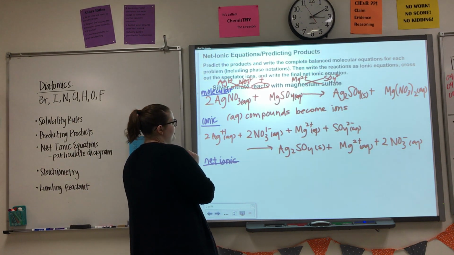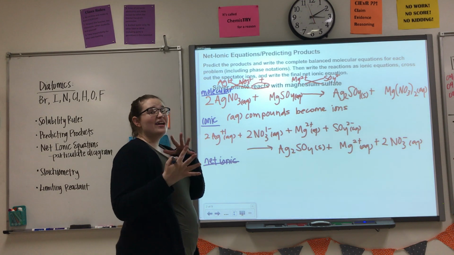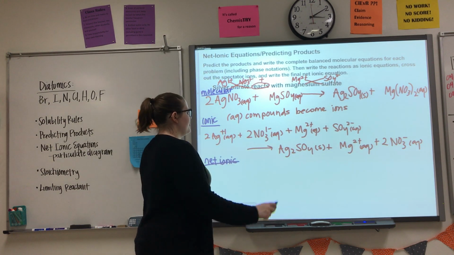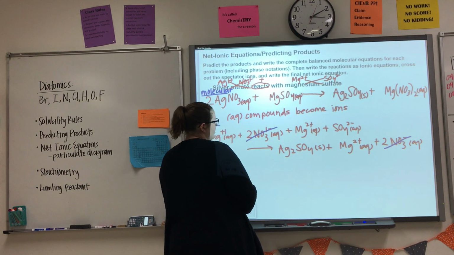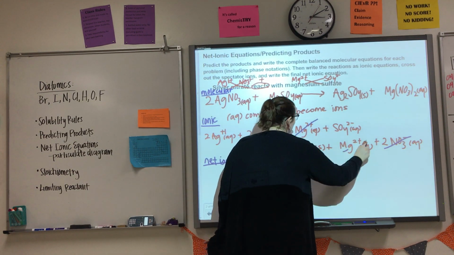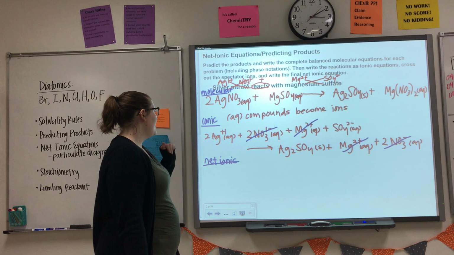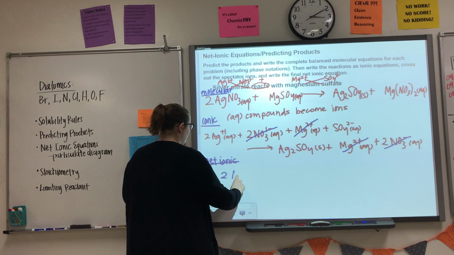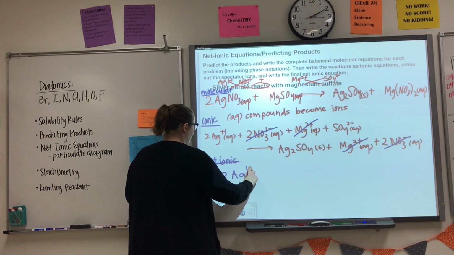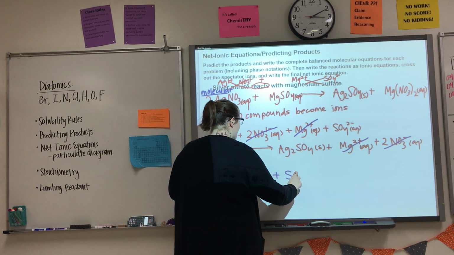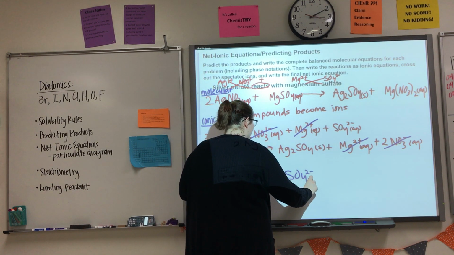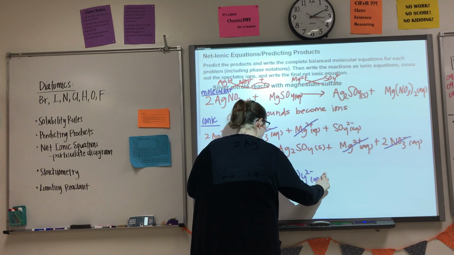So my spectator ions in this case are going to be the ones that are not involved in making the solid. So nitrate appears on both sides the same, and magnesium appears on both sides the same. So all I have left is 2 Ag 1 plus aqueous plus SO4 2 minus aqueous, and that yields